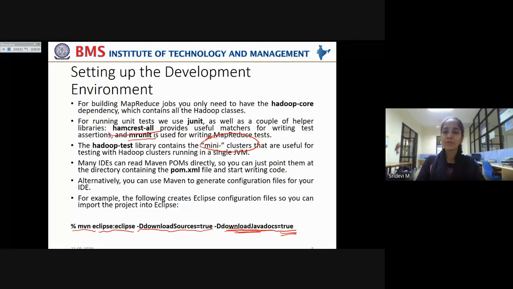For that, we have to enable this to true. This -D is used to override the already existing or default properties.